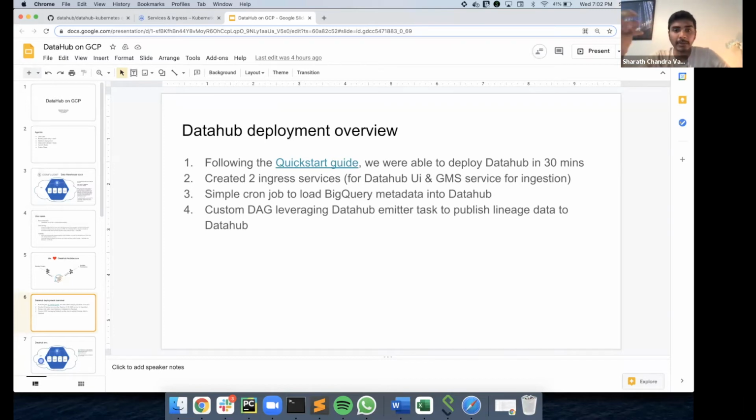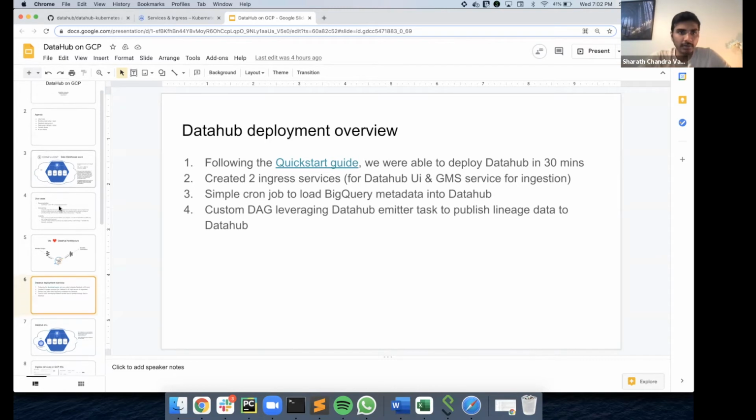A third, a simple cron job to load BigQuery's metadata into DataHub. And this cron job is because we know that the tables and columns don't change very often. We have a weekly cron job that pushes this data. And then the custom DAG that helps us emit all of the lineage data into DataHub. So let's maybe get into the